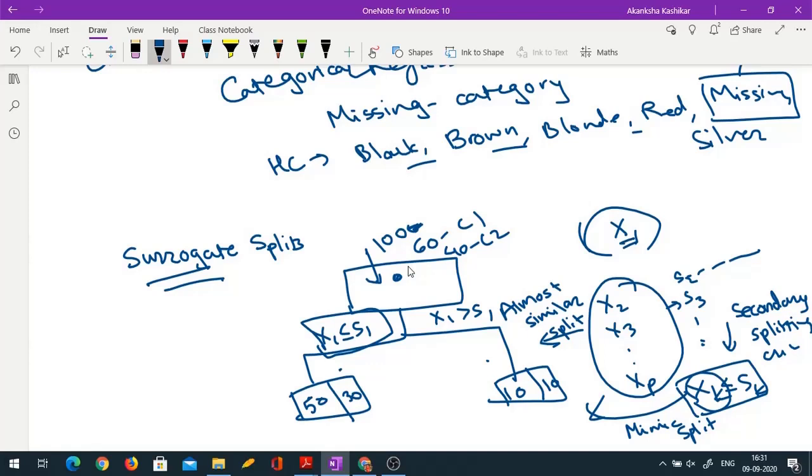Then in that case, you have to go one step ahead and repeat the exact same procedure. If the secondary thing is also missing, you construct a tertiary splitting criterion which mimics the secondary split. Is it okay? These are known as surrogate splits. They can be used when dealing with missing data in the case of classification trees. In general, they may not be useful, but for classification trees they are quite useful.